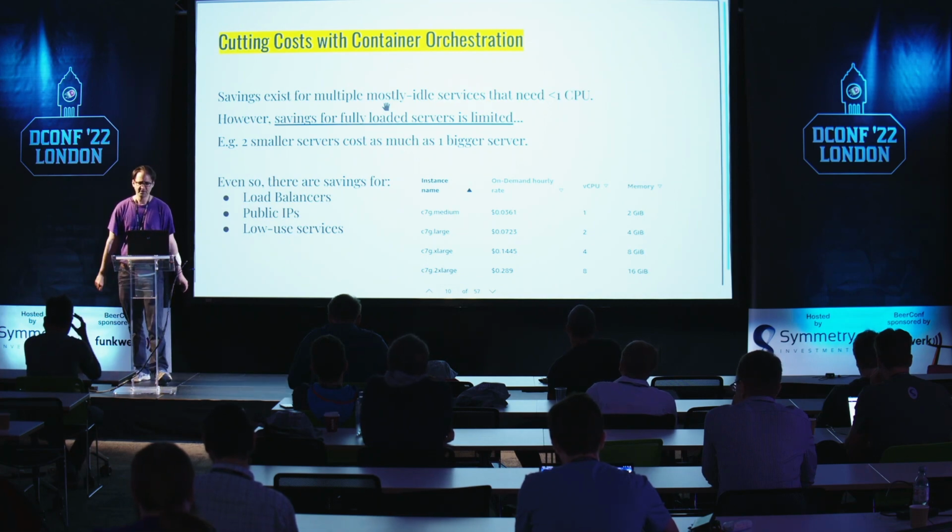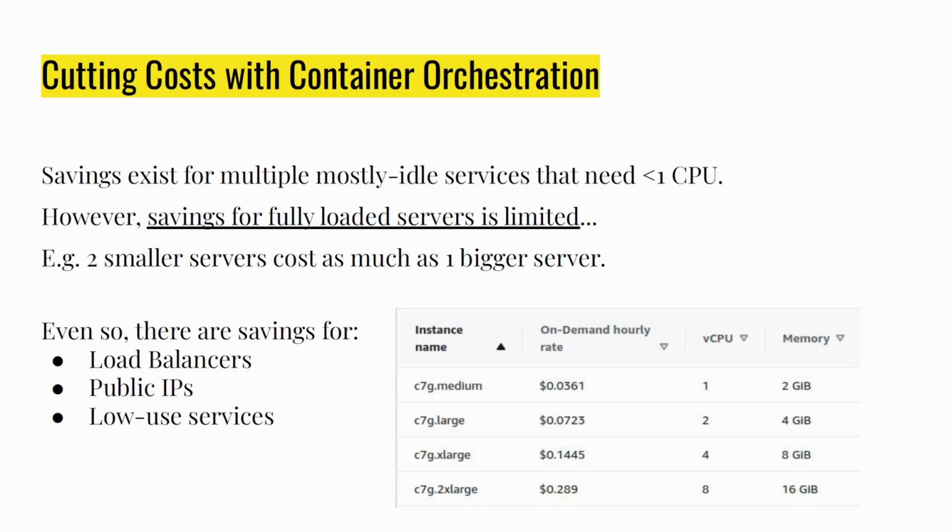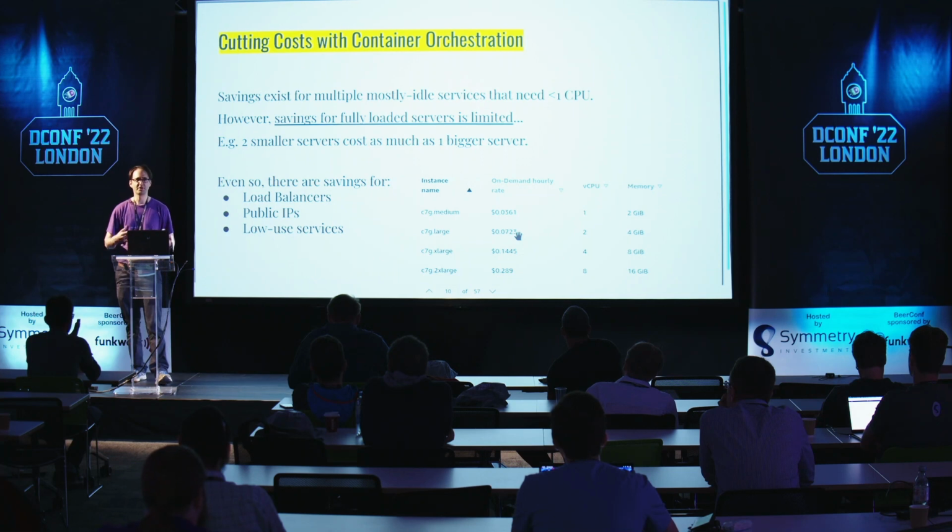Now, in terms of saving the cost, the savings aren't as good as you might think from combining services onto one machine. Here are some of the pricing tables for some of the computers that you can have in Amazon. Look at this, for example. For one virtual CPU with 2 gigabytes of RAM, it costs roughly 3.6 cents. Well, if I double this to 2 virtual CPUs and 4 gigs of RAM, it costs about double. So that means having a bigger computer and running multiple services on it didn't really save me as much as I thought, because I could have gotten 2 smaller computers for the exact same price.